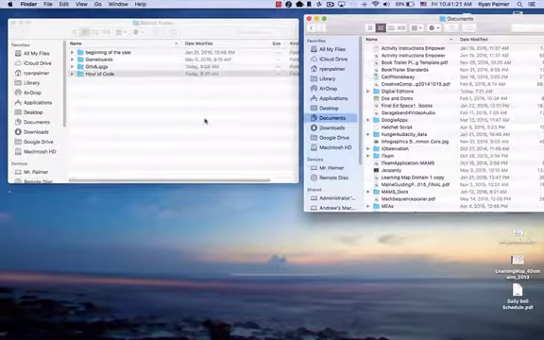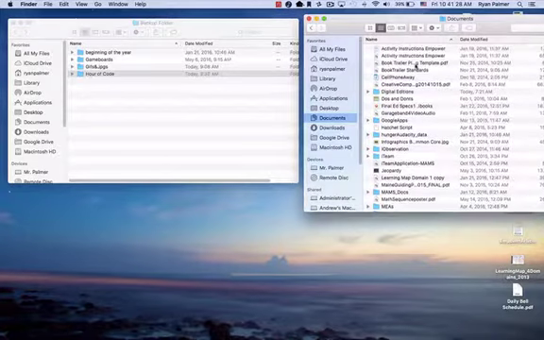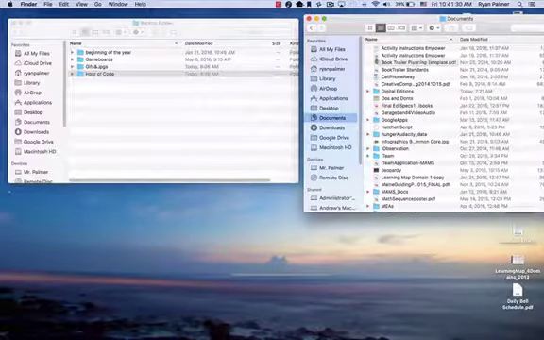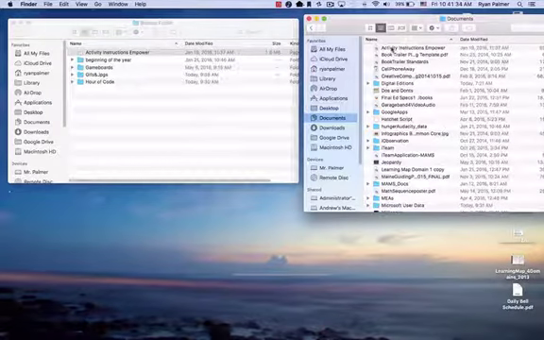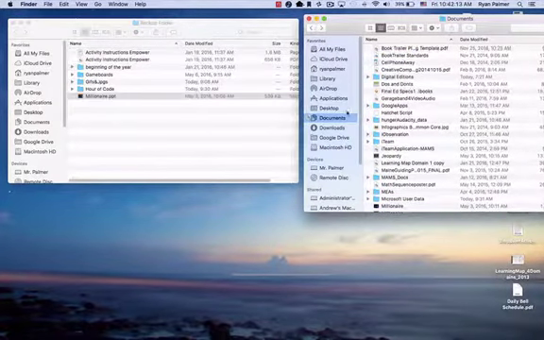All right, and that's how simple it is. I'm going to just go through my entire Documents folder and either drag in entire folders, or I can drag over just individual documents. Okay, now going back here to my home directory,